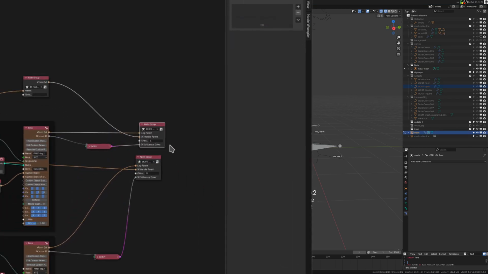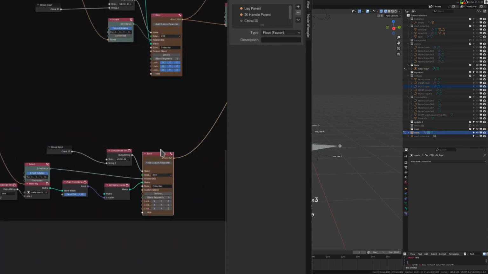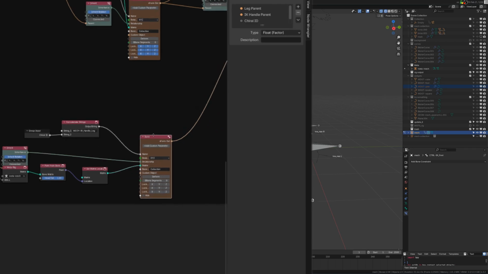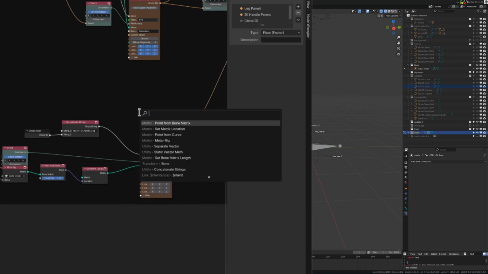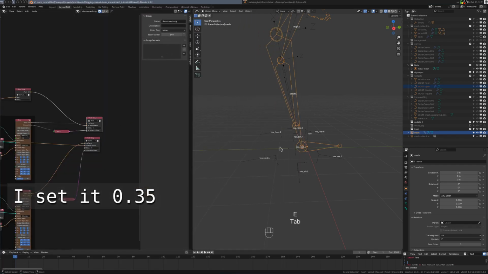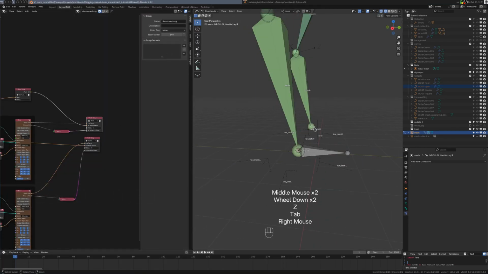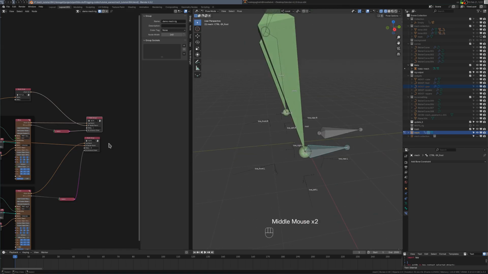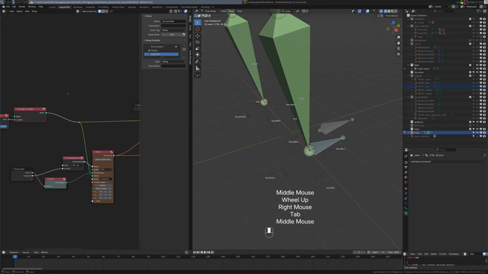At this point, I think I'll go back into our IKFK limb. I want to make this IK handle bone here. I want to make it shorter. So let's just set the bone matrix length, and obviously 0 isn't going to work. It'll cause an error if we do that. So we'll set it to that amount. And you can see by comparing the left and the right that our IK handle is now a lot smaller and therefore a lot easier to ignore because it's going to get in our way while we're setting up